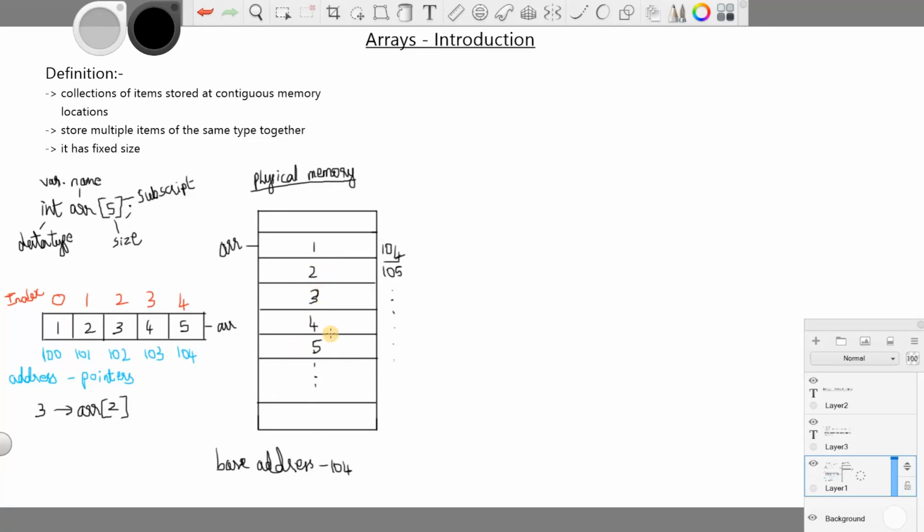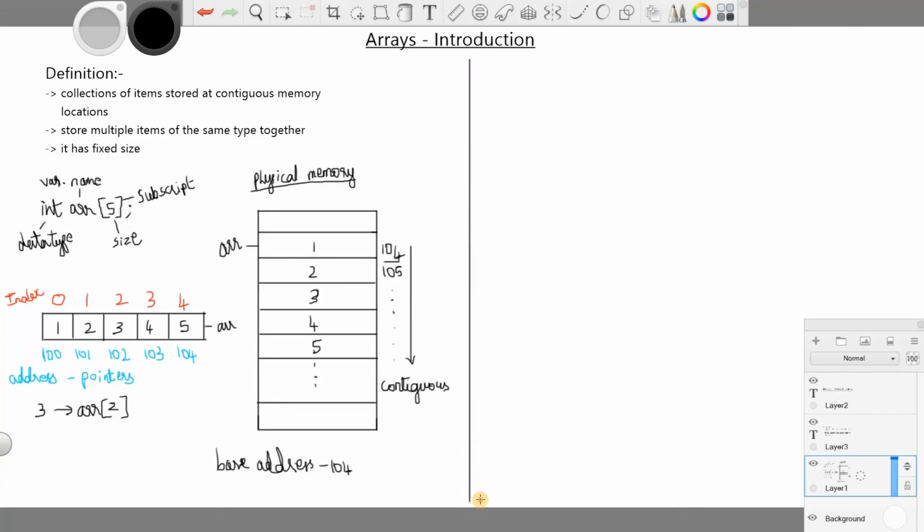It is in a contiguous manner. So it's going like this. So here it is contiguous. So this is the visual representation of the physical array and the elements.